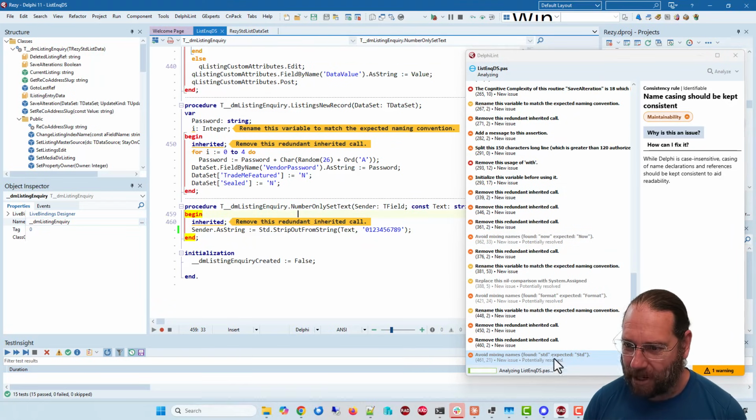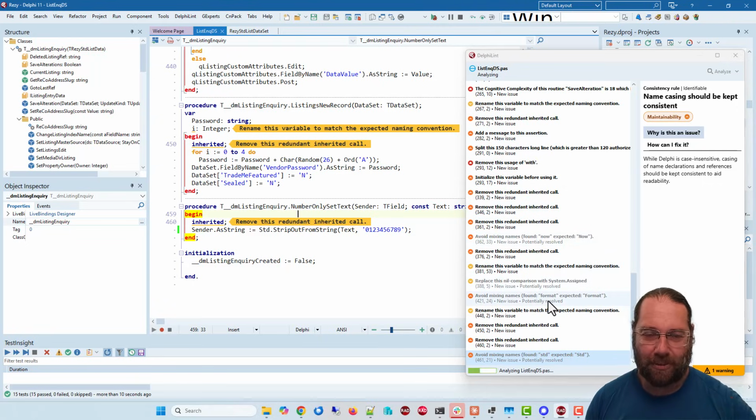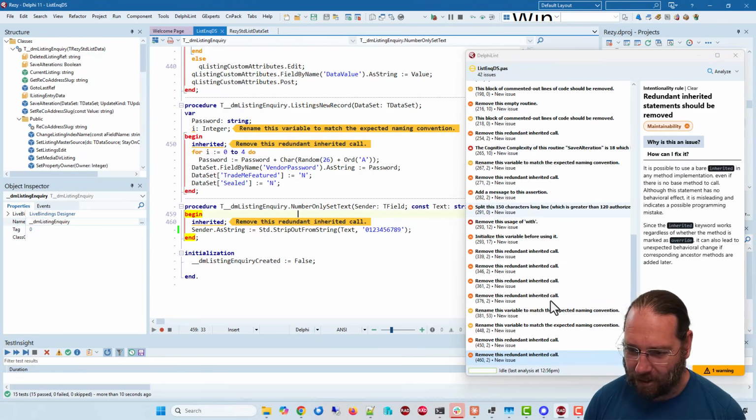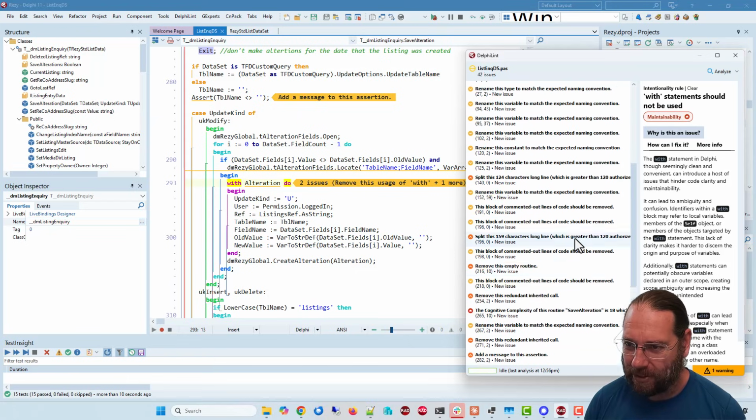Now, I've noticed sometimes it's better to start from the bottom and work your way up because occasionally I've run into problems where it's not recalculated the line numbers, because if you delete a line, it's got to recalculate the position, and then things start to go badly wrong when you're doing automatic fixes. That's that with